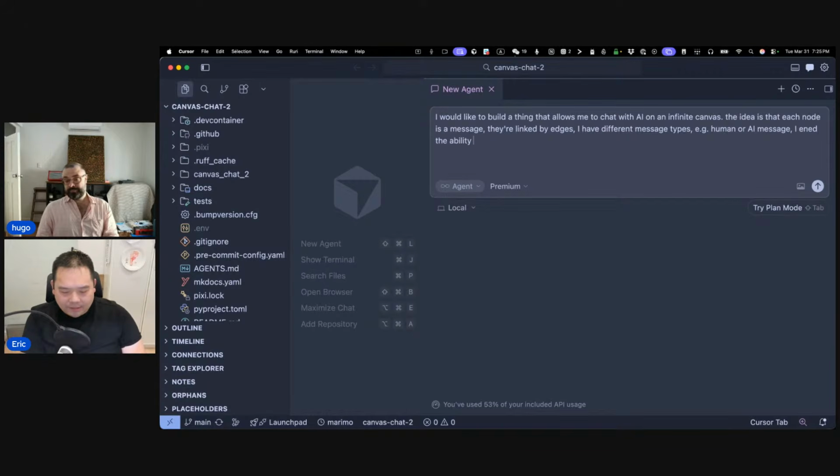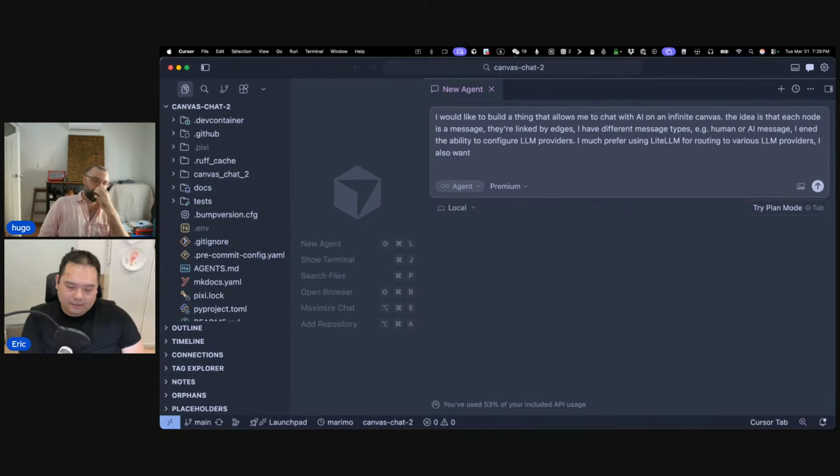I need the ability to configure LLM providers. I much prefer using LiteLLM. And I know LiteLLM recently had a security breach, but they responded really quickly, so I have no hesitation recommending them nonetheless, even with the security breach. Kudos to them for catching it really quickly. So for routing to various LLM providers, if we start simple, then it's basically LiteLLM for routing various LLM providers, use FastAPI plus Svelte,